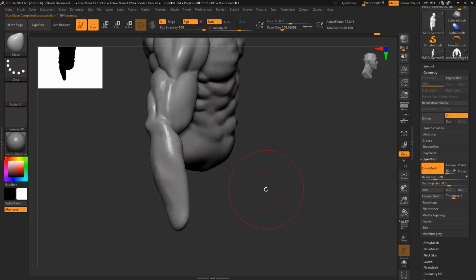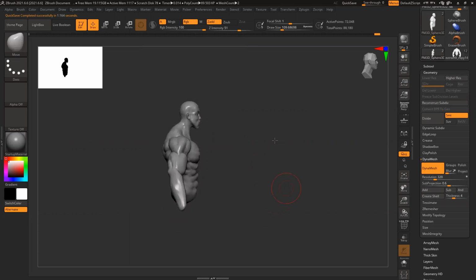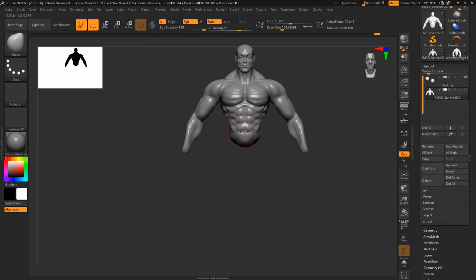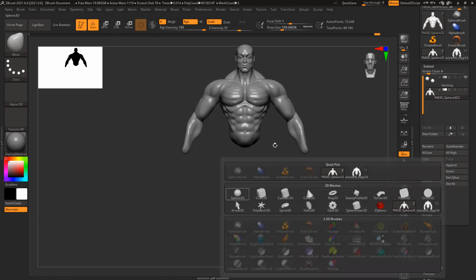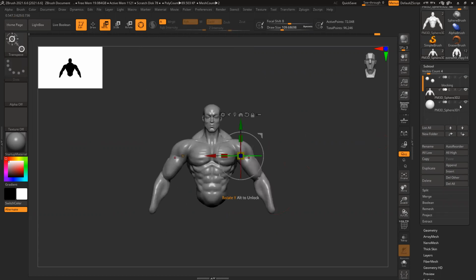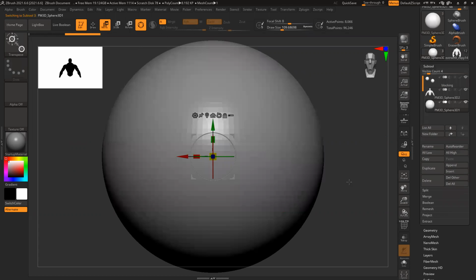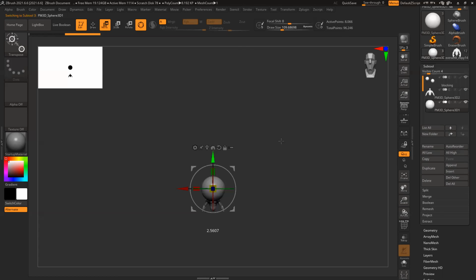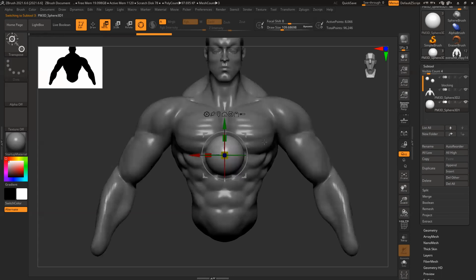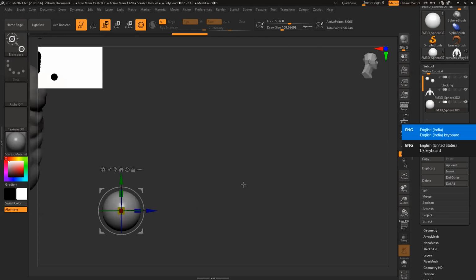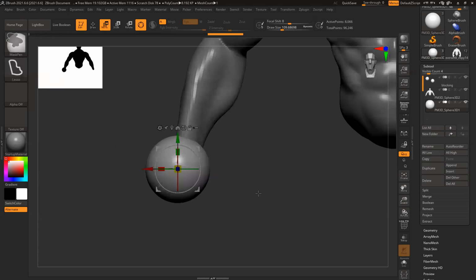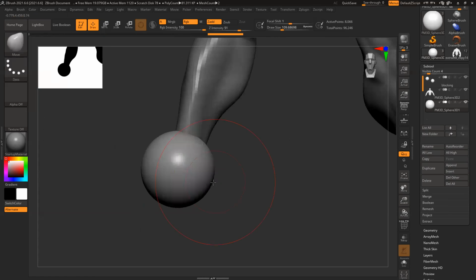Okay, now I need to create the hand. For that, I'll append a sphere again. Append a sphere. Where is the sphere? Okay. Why is my character not there? Let's create one. Move brush.